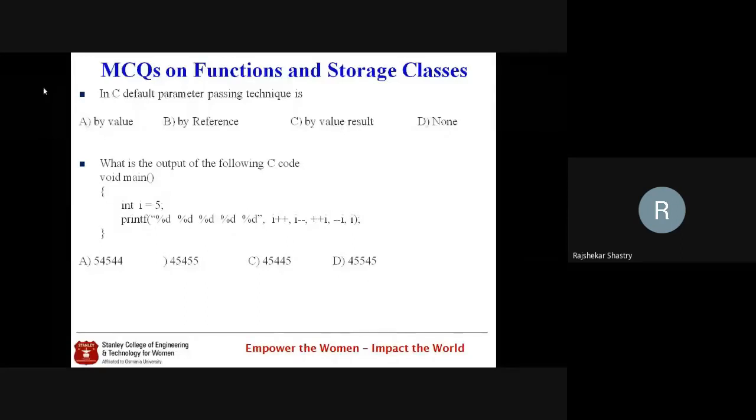Tell me the output. I is holding 5. A, sir. D, sir. A is not an answer. D, sir. B, B, B. D, Bombay sir. Neither B is correct nor D. I have to check.